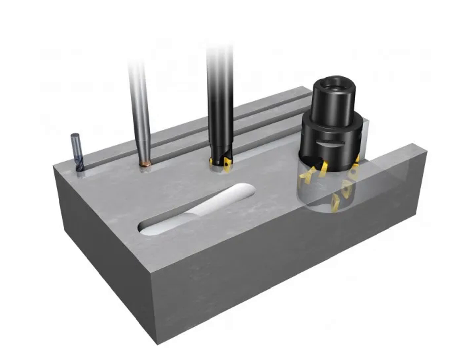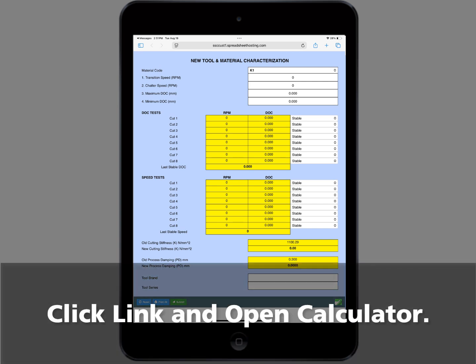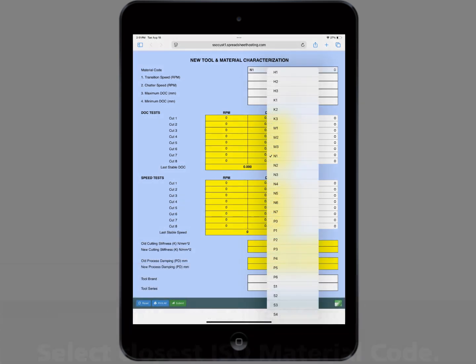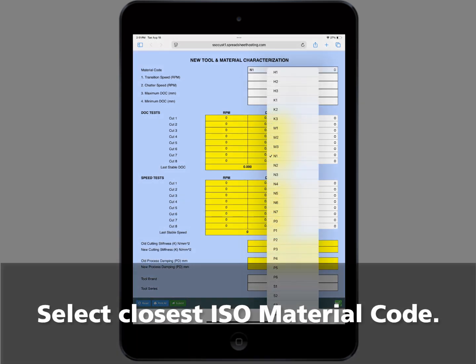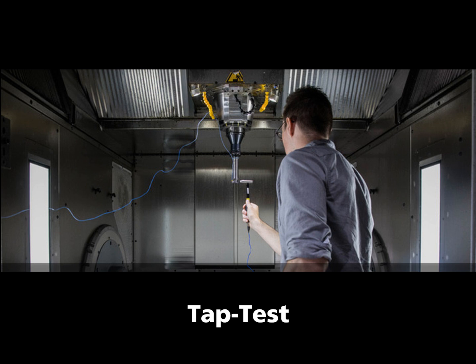For high depth of cut and low width of cut, less than 25%, refer to the lesson on optimizing HSM end mills. Click links in the upper right of your screen, and then open Calculator. Select the closest ISO material code to the material you are testing. Tap test the cutting tool and generate a dashboard with Mil-Max using the same ISO material code as on the